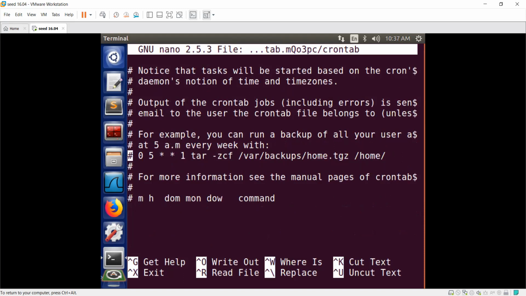This one's a good one because what is this doing? What is tar in Linux? Who knows what tar is? No one? It's for compression. So basically, you're going to compress or decompress a file, okay? Given the parameters here. So for example, you can run a backup of all your user